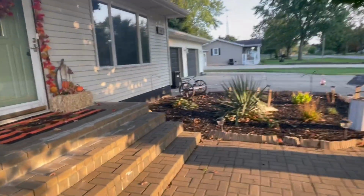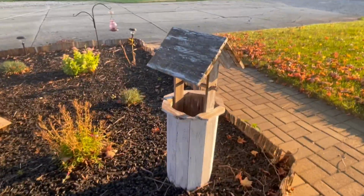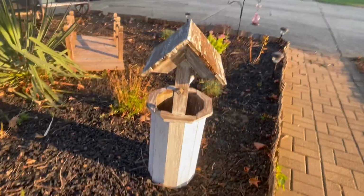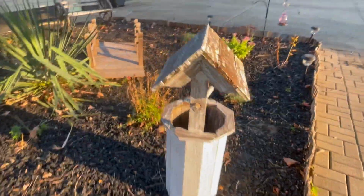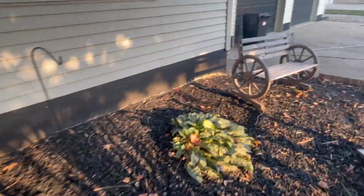I wanted to show you, we did this as well. We painted the well, which was just a standard, it looked like it was rotted wood. So we made it the best we could, painted it. I think we painted it a couple different colors, but white was the best option. I think it looked best. Kind of nice contrast against the black. And then over here,